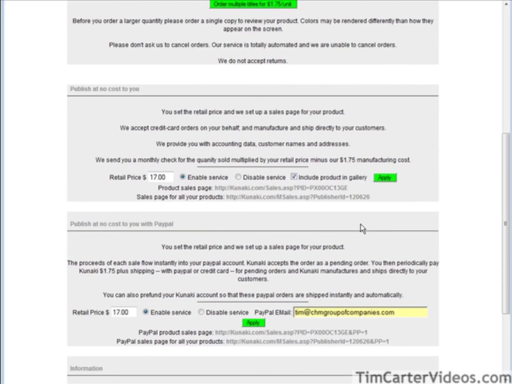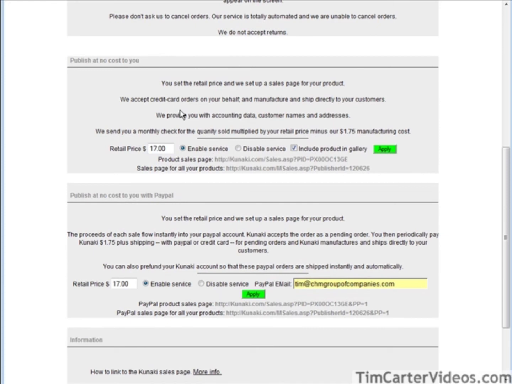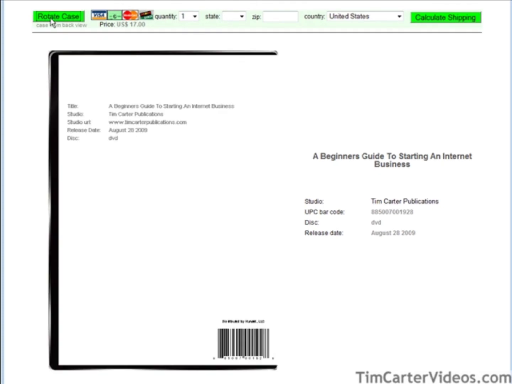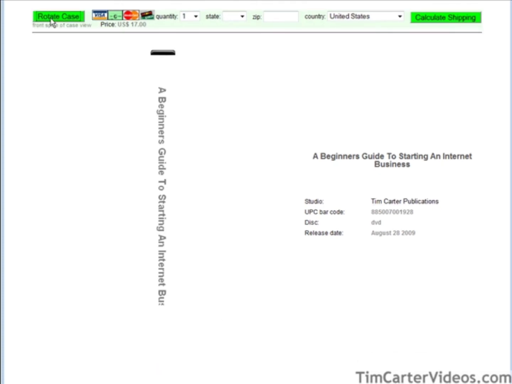Okay, now we have some different websites here that are used. For instance, if we're going to use the Kunaki shopping cart, we have two URLs here. We have the sales page, and this is the sales page that they provide for you, and it has all the details that you put on the design screen here. They can also rotate the case, look at what's in the case, look at the DVD,